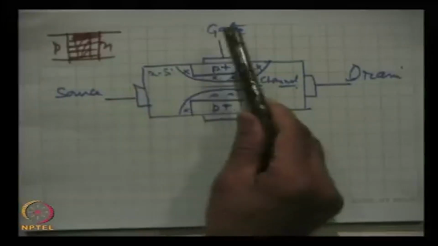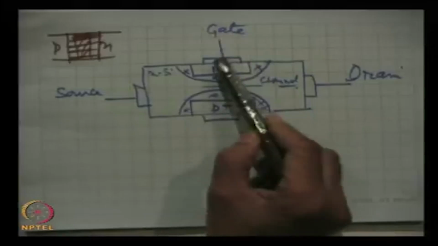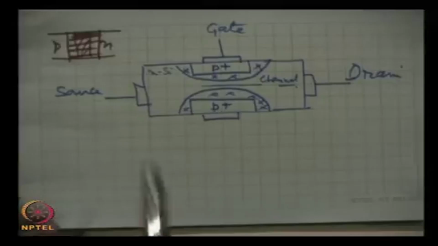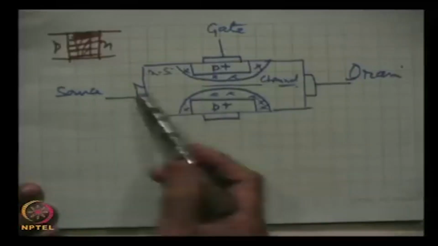One is, this is the p type gate, if we give a negative potential to the p type gate, then the depletion region will increase, it will be widened, number one way. And another way is, you see that here this is a